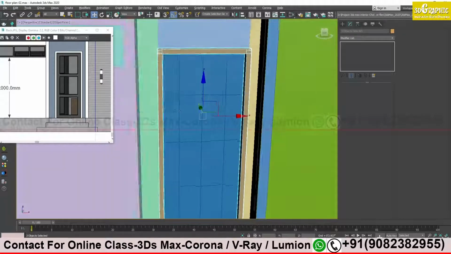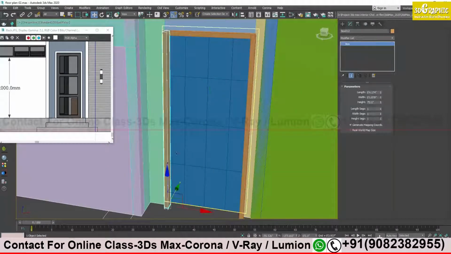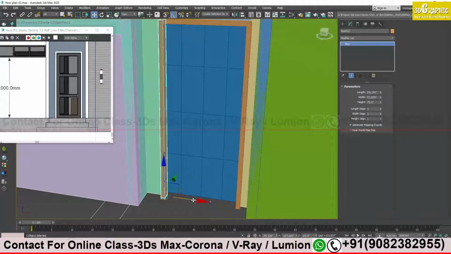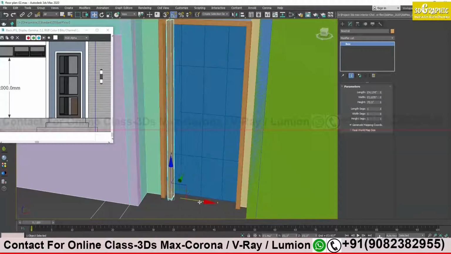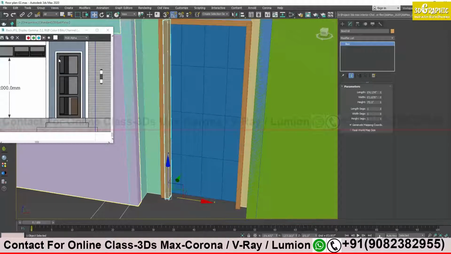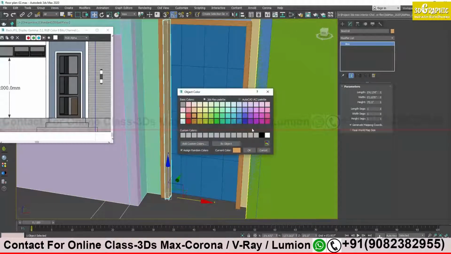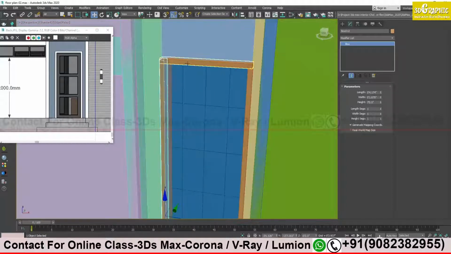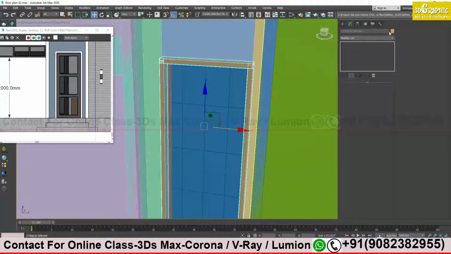Okay, now the inner black one I will try to create with the help of this box only. Just shift and drag it, and I will change the color. Maybe I will try to give the same color. If I have it over here, maybe this one, and I will try to change the color of this white.